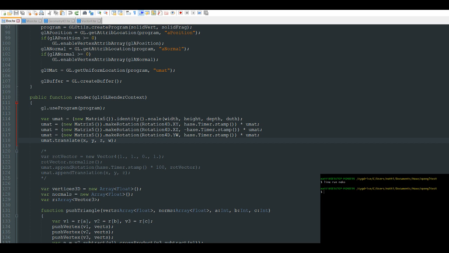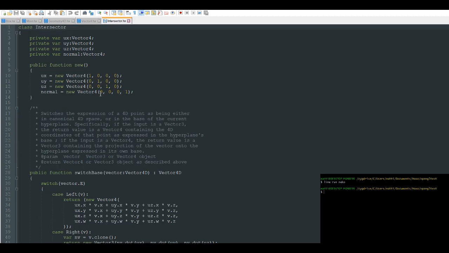Are you projecting the 4D element into 3D space? Arguably yes, but strictly speaking, no. When you think about projection, you mostly hear, take a 4D object and, quote unquote, put it in 3D. In that case, kind of yes, but also no, because what we are doing is a technique I call hyperplane slicing. How that works is we have this class over here, which I called Intersector. Basically, this is a 3D space sitting in 4D space. It's a part of 4D space, and we are using this as a